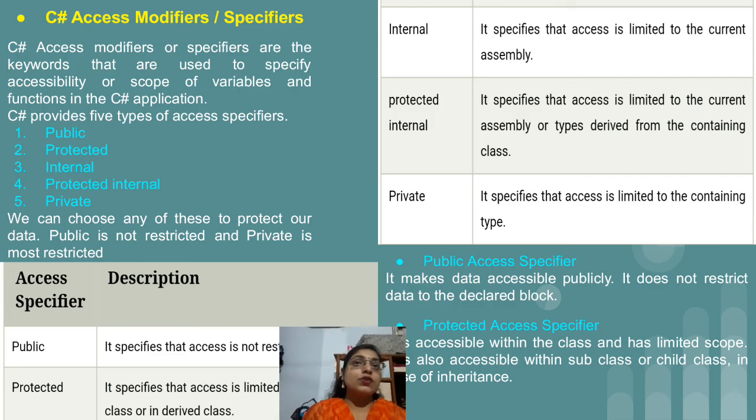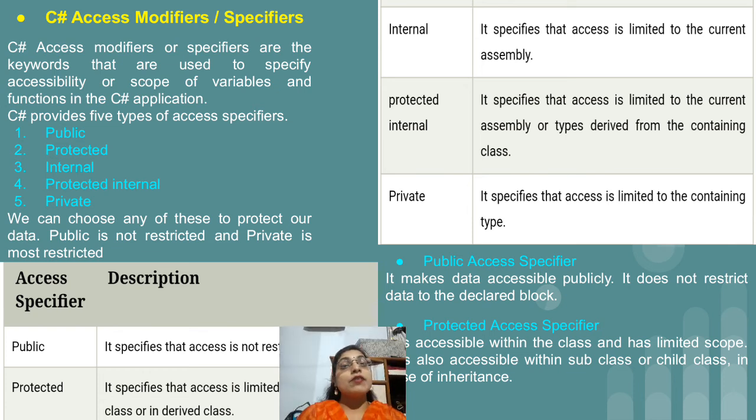After that, the next topic is C# access modifiers. This topic we are learning from C++. We know there is a public access specifier, private is there, protected is there. So three we all know. Public means whatever variable we declare in a class with the public access specifier can be accessible inside the class as well as outside of the class, that is, in the main method also we can call them.